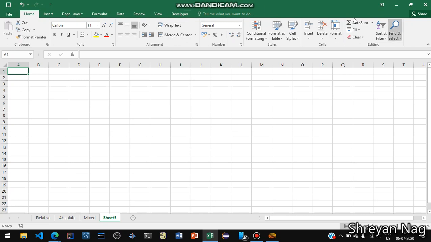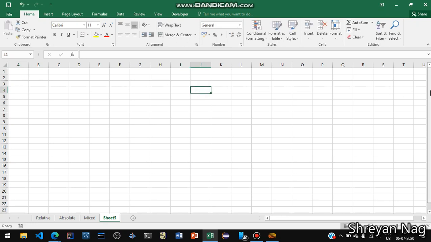Now this horizontal space where all the buttons are stored is called the ribbon. Each and every button which is represented by a certain symbol is called an icon. Now this space where it is written fx is called the formula bar, where we can edit formulas, enter new formulas and change them.